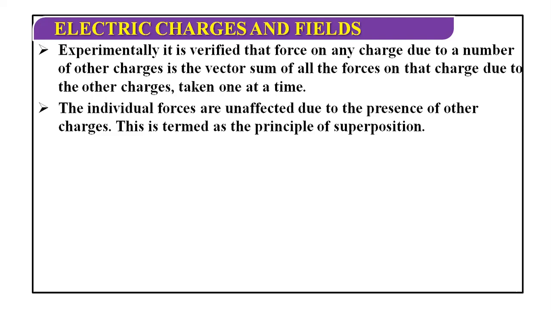ऐसे ही मैं फोर्स ऑन 1 due to 3 निकालूंगा, ऐसे ही फोर्स ऑन 1 due to 4 निकालूंगा, ऐसे ही फोर्स ऑन 1 due to 5 निकालूंगा। तो मेरे पास फोर्सेस का सेट आ जाएगा। फोर्स ऑन 1 due to 2 F12, फोर्स ऑन 1 due to 3 F13, फोर्स ऑन 1 due to 4 F14, फोर्स ऑन 1 due to 5 F15। सो ये मेरे पास आ गई। अब इन सब फोर्सेस को वेक्टर एडिशन करना है, सिंपल एडिशन करना है, and then I will find out the net force. एक तो ये मेथड है, या सिंपली इन सबको ऐड कर देंगे। That is called the principle of superposition. So principle of superposition means सिंपल एडिशन करना है F12 plus F13 plus F14 plus F15.